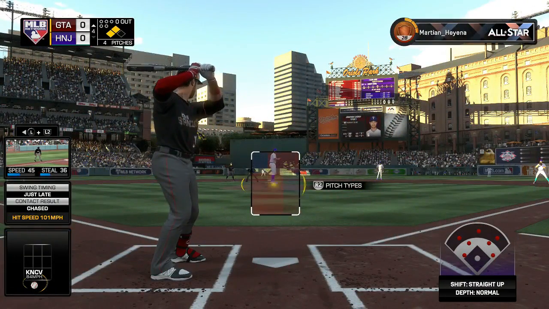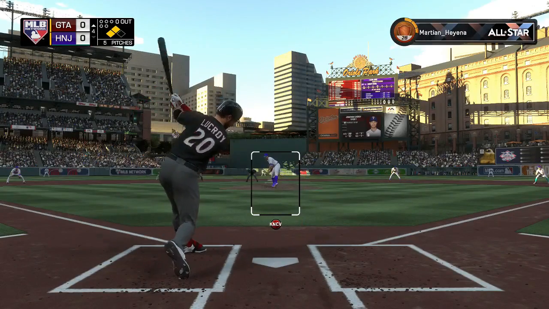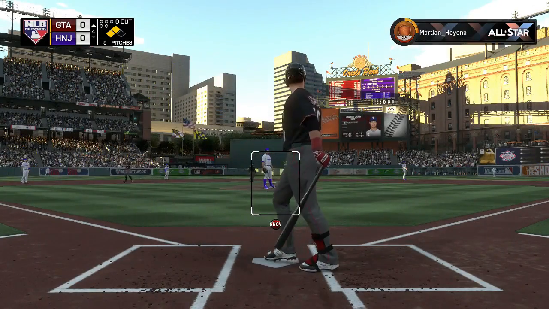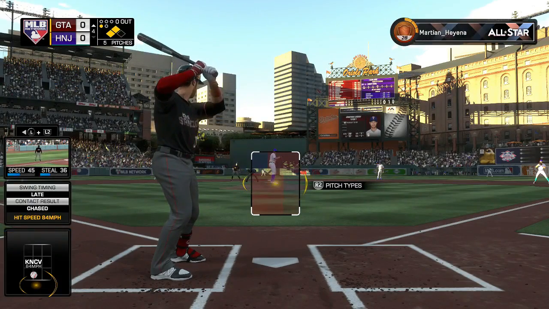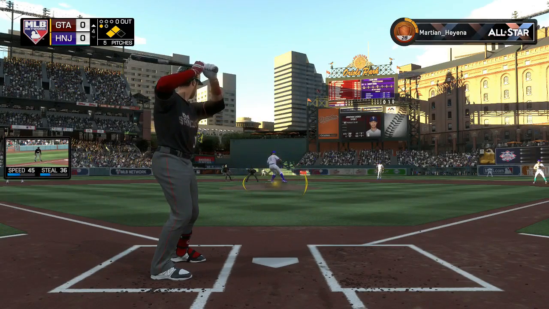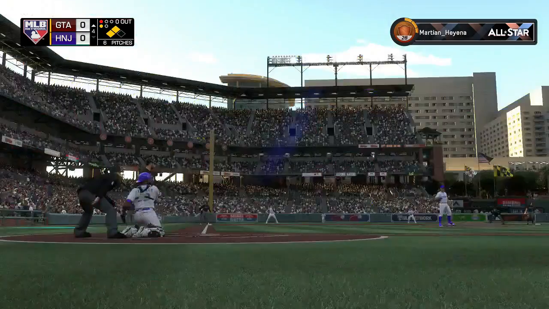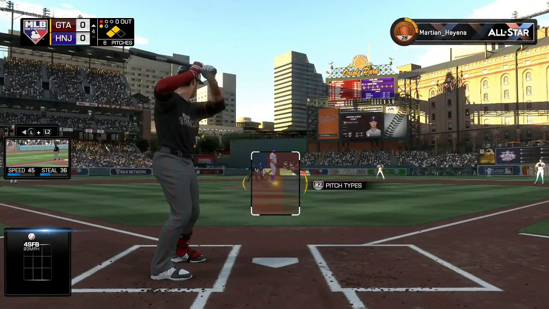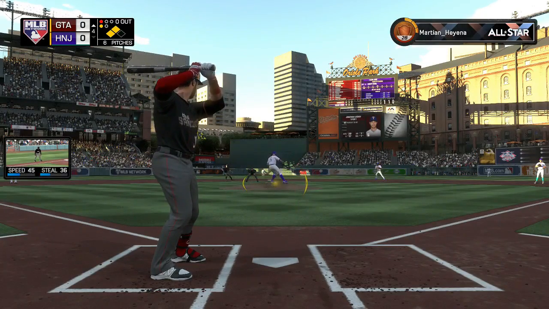Lucroy, Mr. Liability behind the plate, can finally do something for the squad and not be a useless son of a bitch. Because he has been the worst catcher I've ever used in any MLB The Show game ever. That is no joke. Yes, it's only been around a week. But actually, it's only been a couple days since I've used this Lucroy. But still, man, this guy...